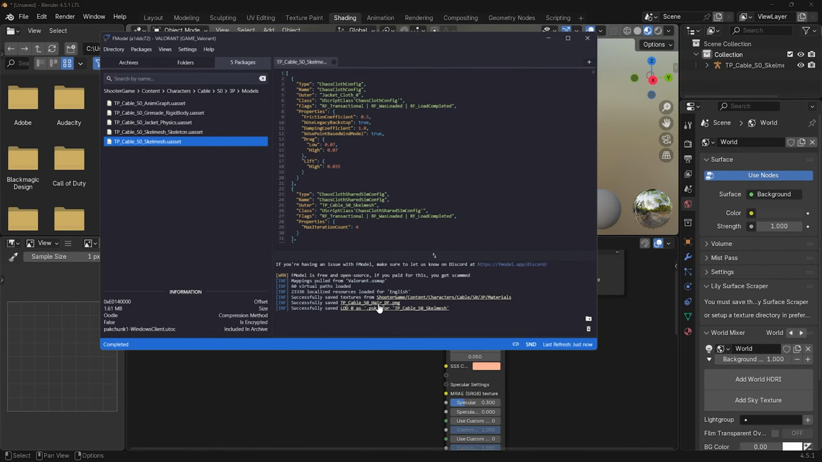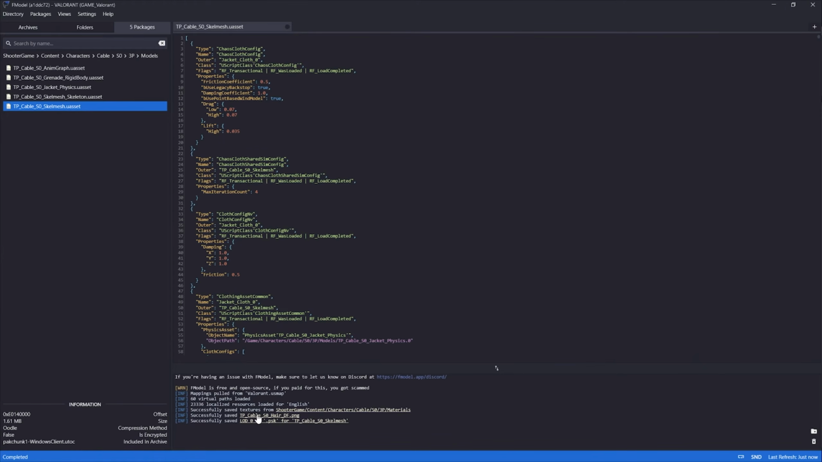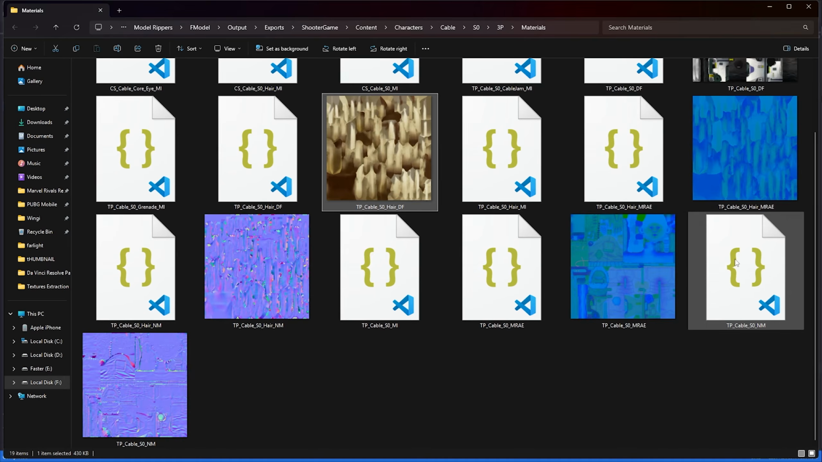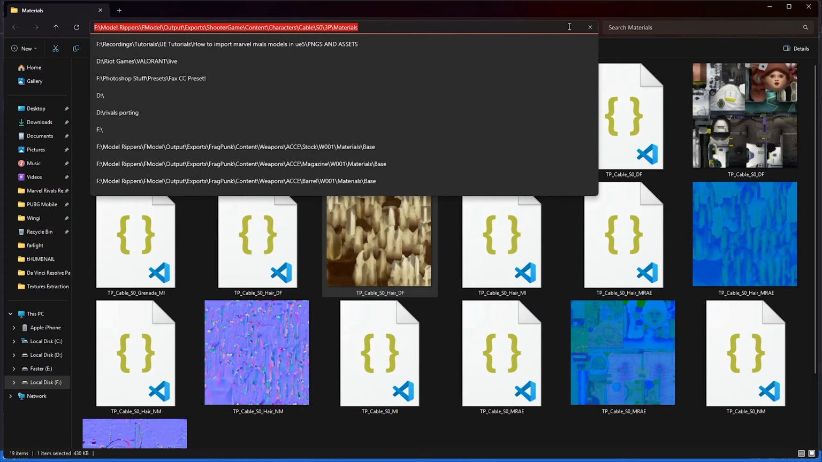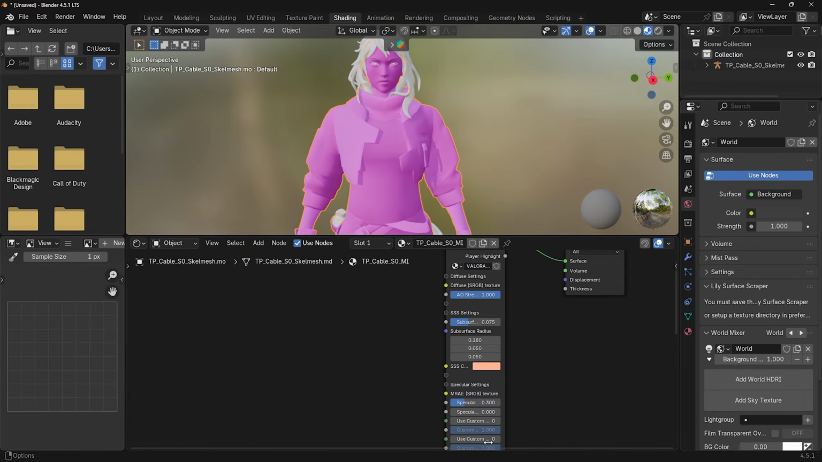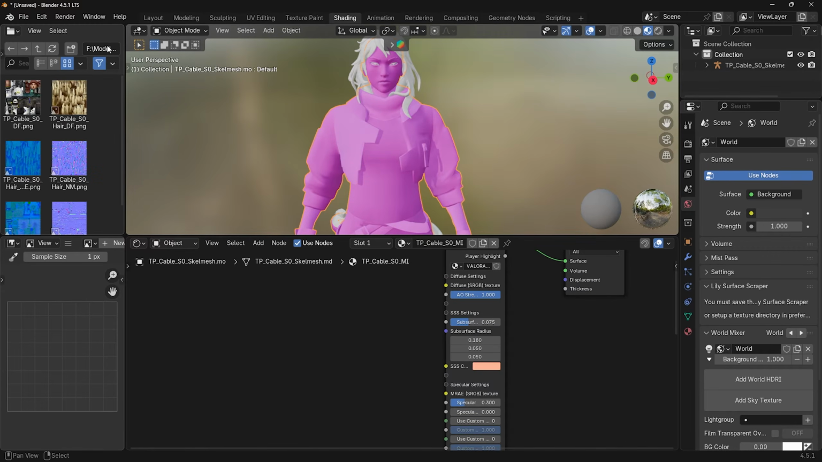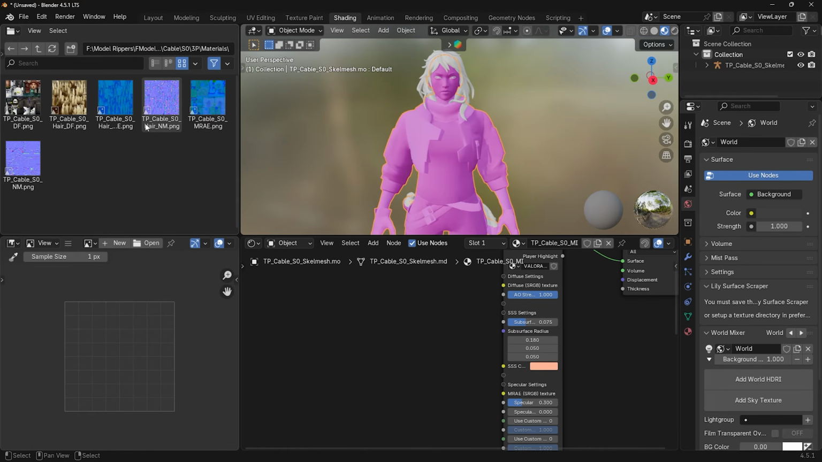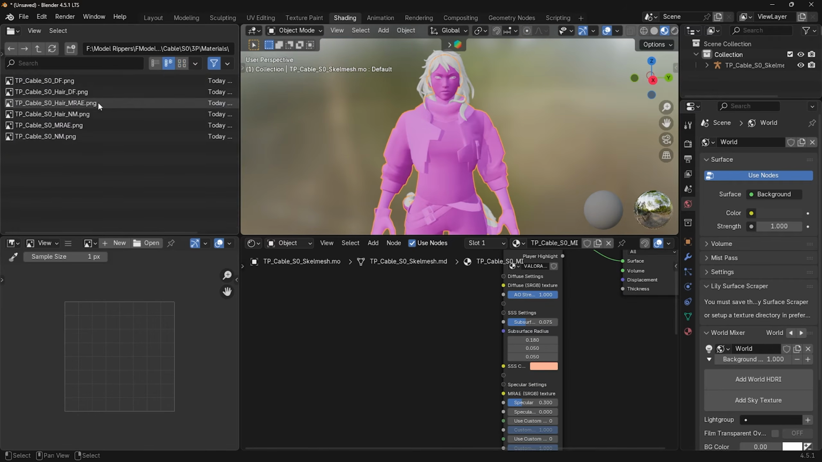Since we have already exported a single texture, you can see this one, TP cable season 0 diffuse hair DF, whatever this is, just click it and this will give us the location of all the textures. Okay, so just copy this location, open your Blender and paste the texture locations here. You can see that all the textures have been imported,